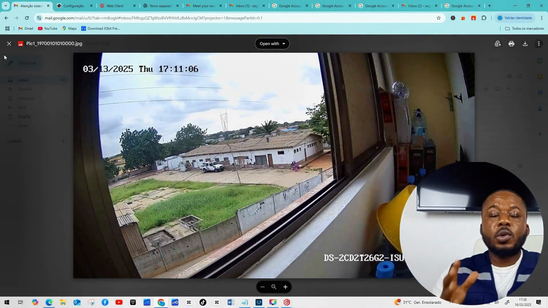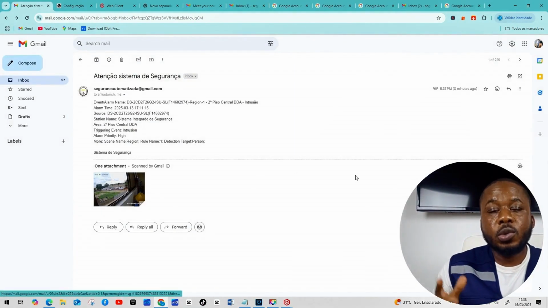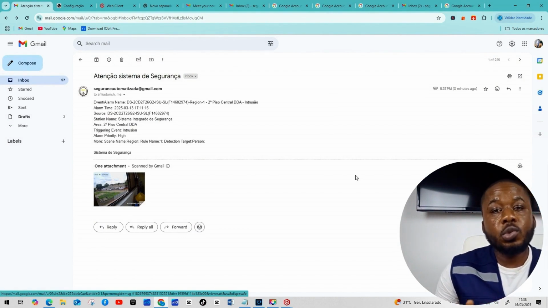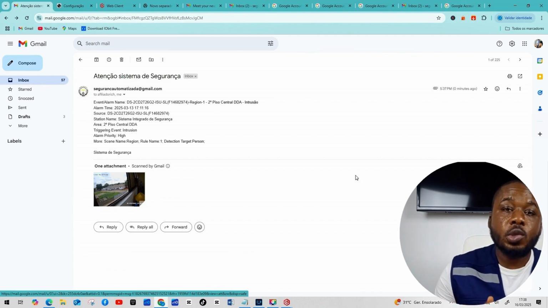So this is how you configure email in the central software. This is how you configure email on the device. So what's of interest? Here, we have this base. With this base, we can jump. The program has an option to send personalized emails in real time. Yes, that's how it works.